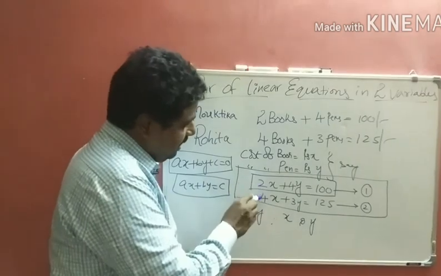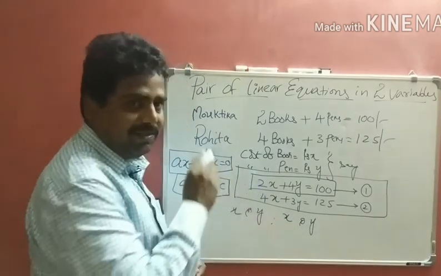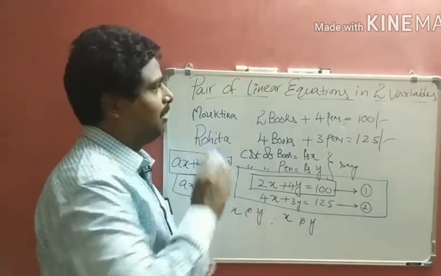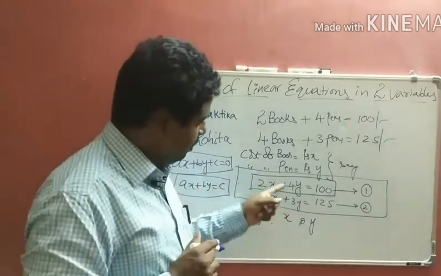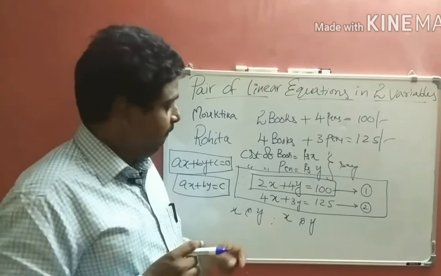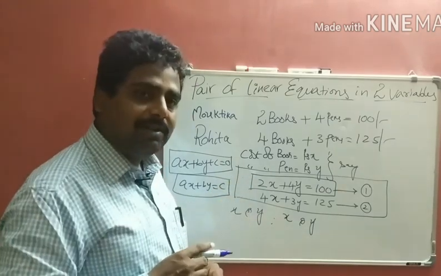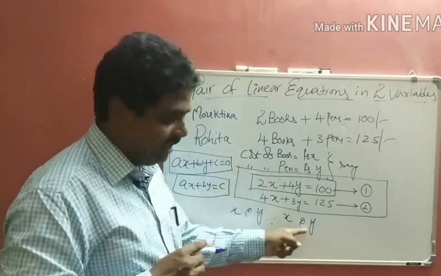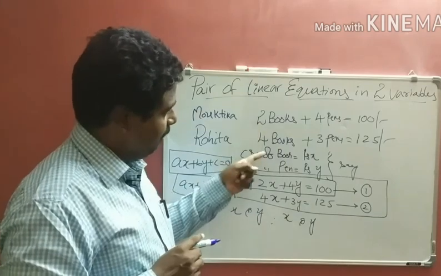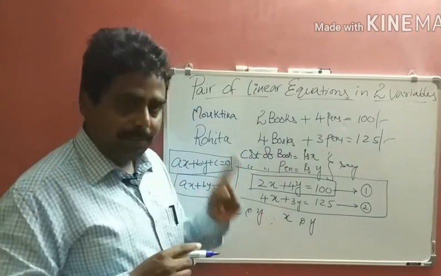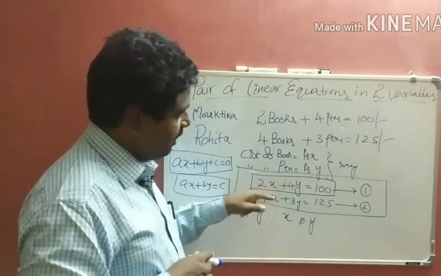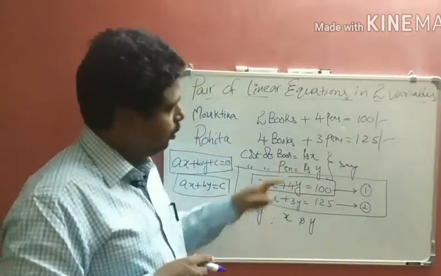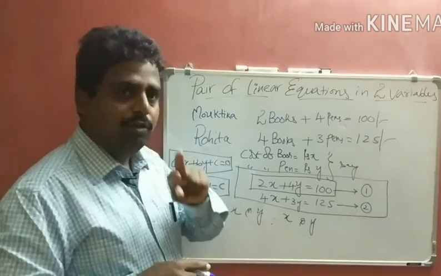Here these linear equations are a pair, 2 equations are here. So these two are called a pair of linear equations in how many variables? 2 variables. Why are we getting a pair of linear equations here? Since there are 2 unknowns, to find the cost of one book and the cost of one pen, since book and pen are 2 objects which are converted into 2 unknowns, to get the 2 unknowns we need 2